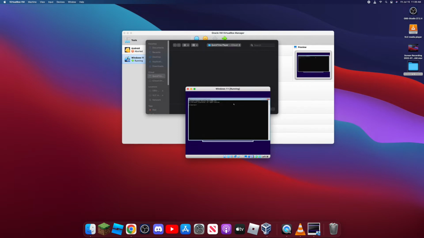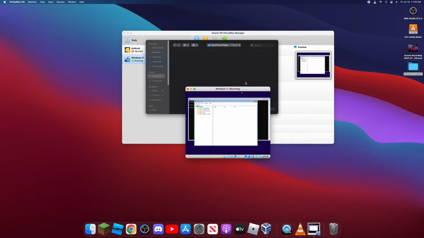Then type in regedit exactly like this. Then it should open the registry editor. Then go to HKEY local machine. Go to system, setup, right click on setup, new key, spell it exactly like this, LabConfig, new, DWORD 32-bit,